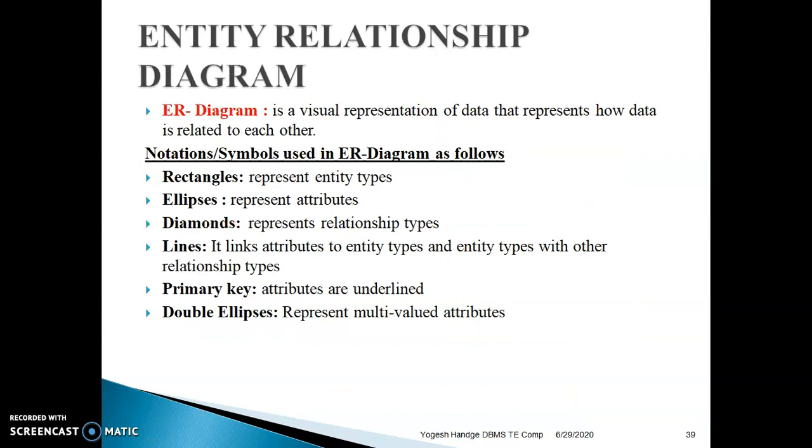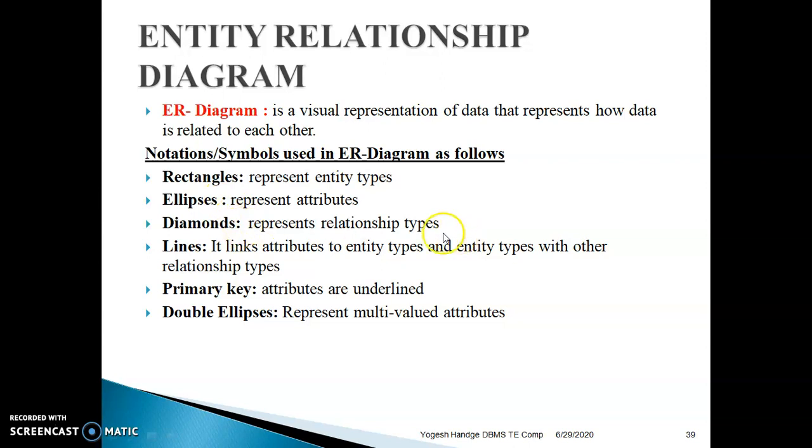Entity relationship diagram, ER diagram. This is a visual representation diagram that represents how data is related to each other. Notation and symbols in ER diagram are as follows. Rectangle represents entity type. Ellipses represent attributes.